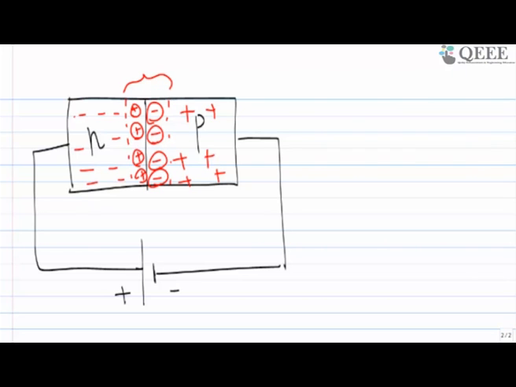Now what I am doing, I am adding one extra electron, injecting it over here. Let's assume that I am injecting an extra electron. Note that this electron is a minority carrier for the p-type semiconductor, so it will not be accepted by the p-type semiconductor. It will say, do not be here, go to the other side, and it will be pulled out because of this heavy battery connected on this side.